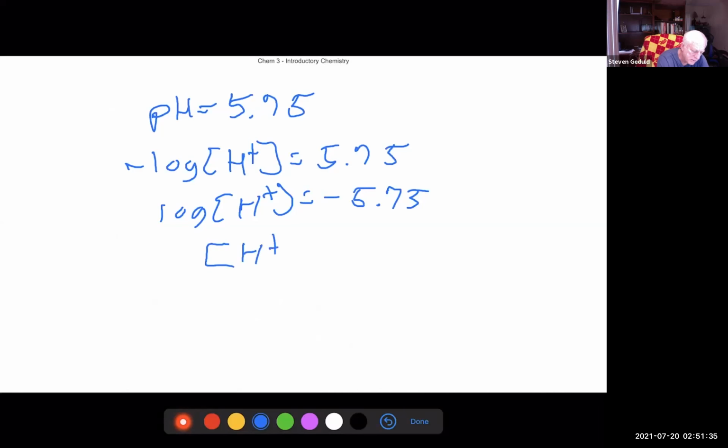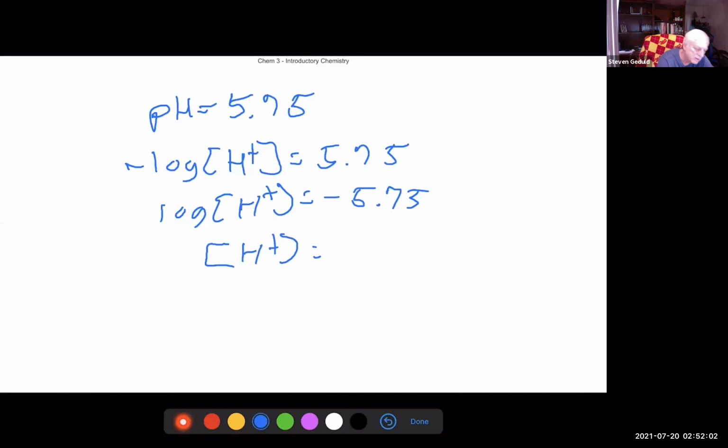H plus, take the inverse of the log on both sides, which is the 10 to the x key. So this one you do have to use your scientific calculator or your iPhone turned sideways. So you take 5.75, change the sign to negative, and then hit 10 to the x, and you get